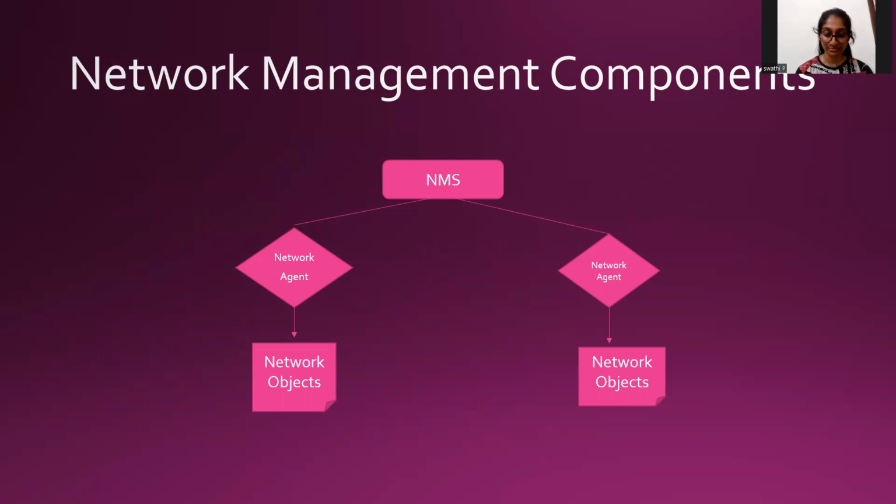A network agent acts like a person, or an agent, who collects the database from a particular resource, system, or organization and classifies it, and the classification is done by the manager. In this way, network management components are classified. Network objects are nothing but IP addresses and ports. So next we have